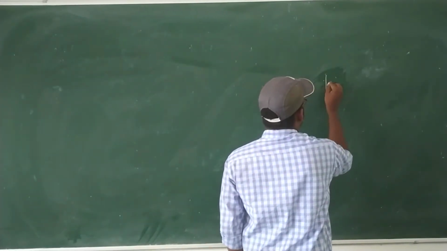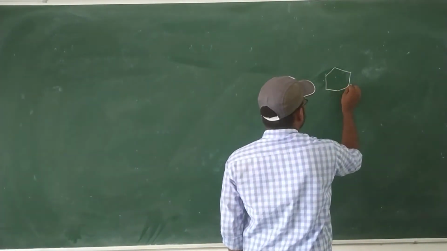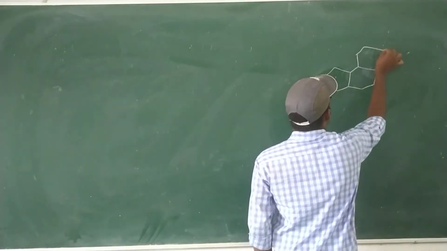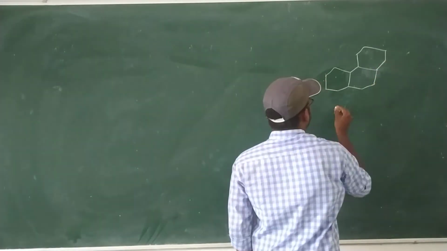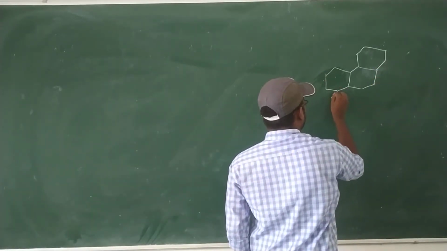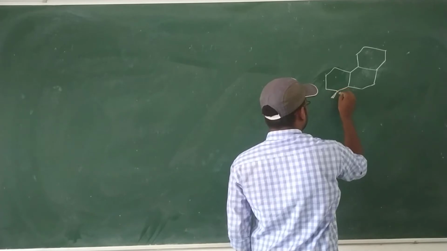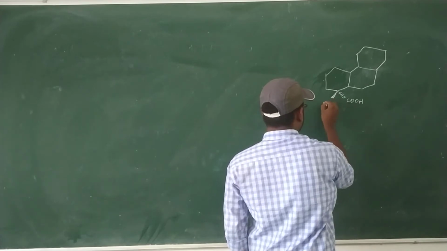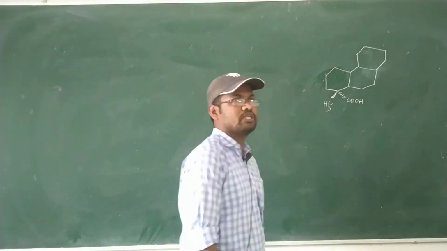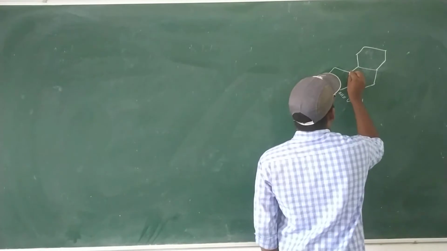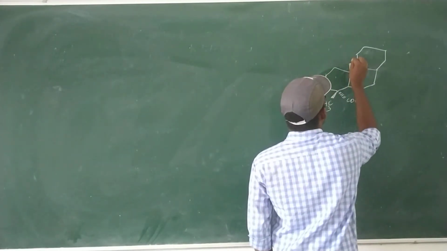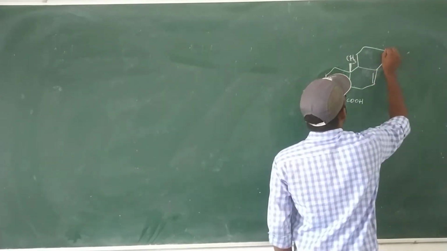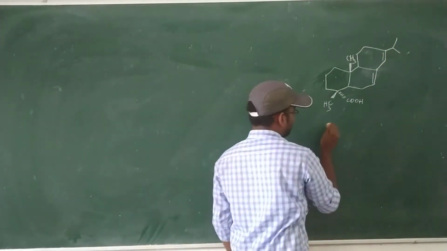We already know abietic acid has three rings. In abietic acid, the main skeleton is the phenanthrene skeleton. In this position, there are two groups. One is a COOH, which looks like it is away from the observer, and another one is a CH3, which looks nearer to the observer. This junction also has a CH3 that looks nearer to the observer. There are two double bonds, and finally this one has an isopropyl group. This is abietic acid.